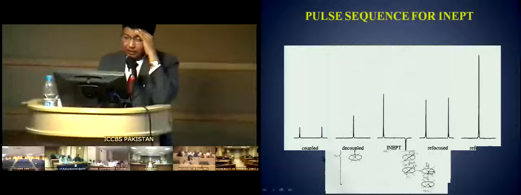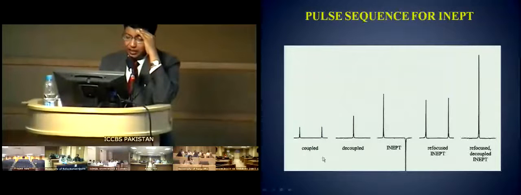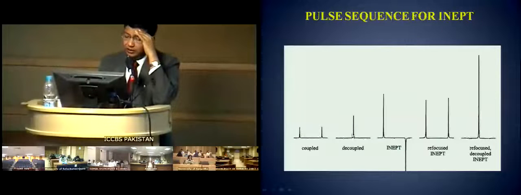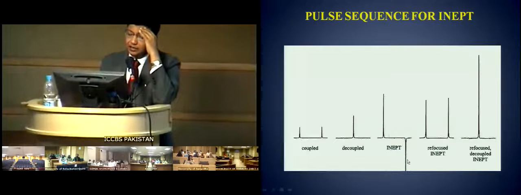The fully coupled carbon-13 would appear as a doublet, and decoupled would appear as a singlet, because of the collapse of these two signals into one. So you see you have a gain of intensity. This is the polarization transfer, INEPT, insensitive nuclei enhancement by polarization transfer, in which you have a positive and a negative peak, and this is a substantial